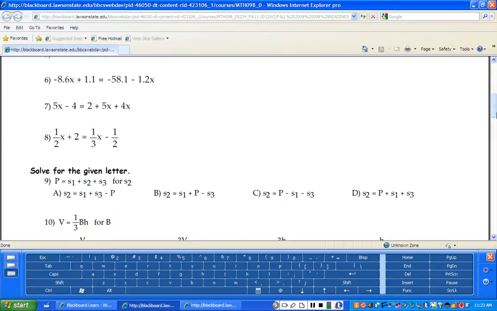So let's go here. Alright, so now we're going to be ready to move on to problem number 6. Problem number 6, once again, is a decimal problem, variable on both sides. As before, moving the smaller to the bigger. Because negative is opposite of positive, this negative 8.6 is actually smaller than negative 1.2. So we're going to move the negative 8.6 by adding